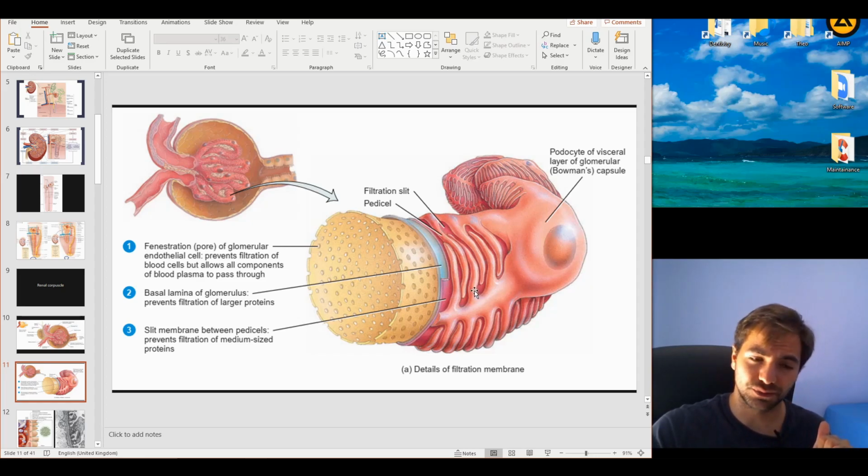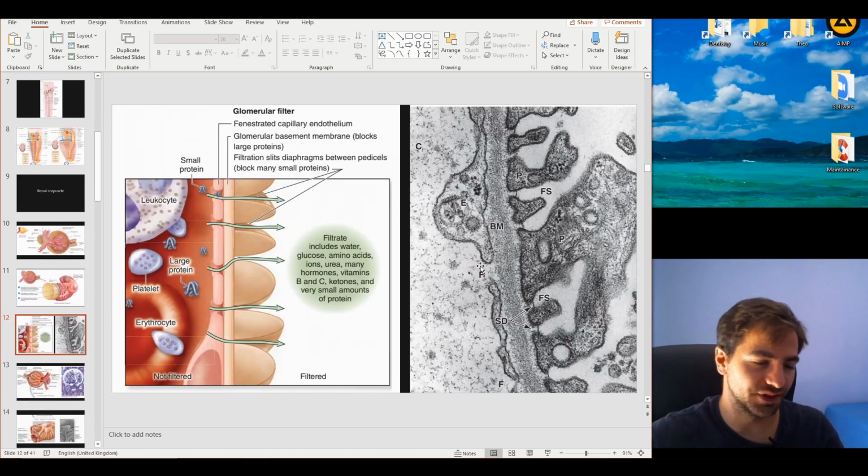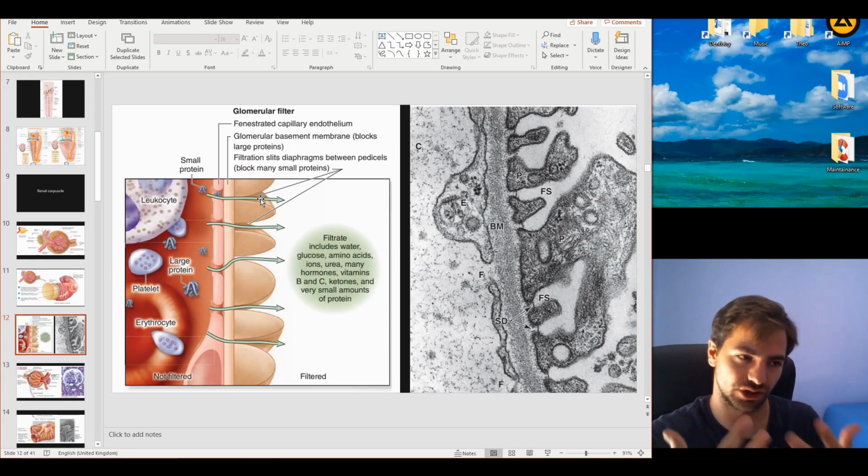Now, it is important to understand that within these spaces that are formed between the pedicels, we have specific proteins that block out the passage of components from one point to the other. These are called slit diaphragms, and the slit diaphragms contain specific proteins called nephrin. This is again the same picture, but from a cross section